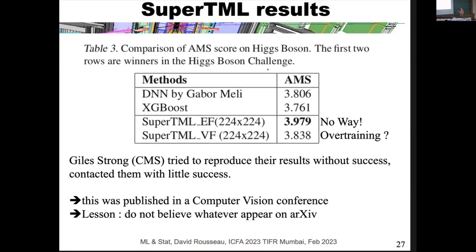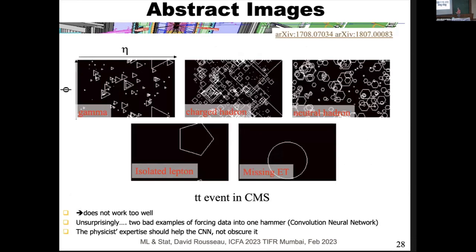But it's clearly wrong. It's wrong because the technique, the fact that you have numbers and then you put them in an image and then you ask the CNN to reconstruct the numbers which you have already, is really a bad idea. Plus they were doing something wrong. The number here cannot be true, that they are outperforming the reference method. But there are also physicists who are doing things which are not a good idea as well,